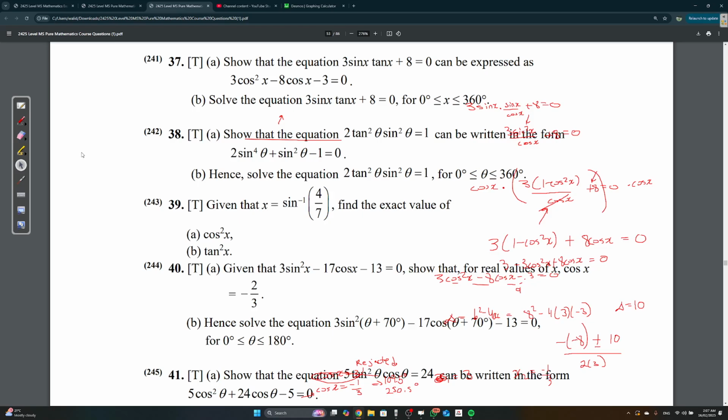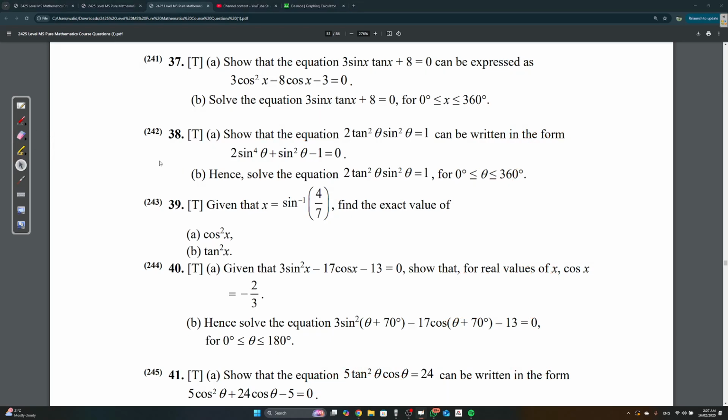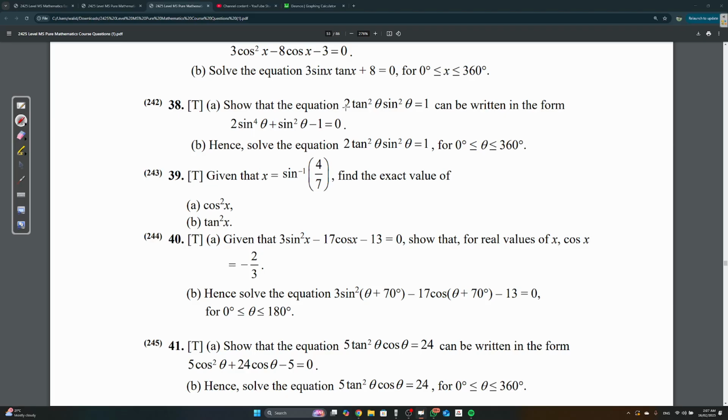Question 38. Yalla, they're finishing little by little, I swear. Show that the equation 2 tan squared theta sine squared theta is equal to 1 can be written in the form of this. Okay, again, whenever you want to go from tan to sine, always express this